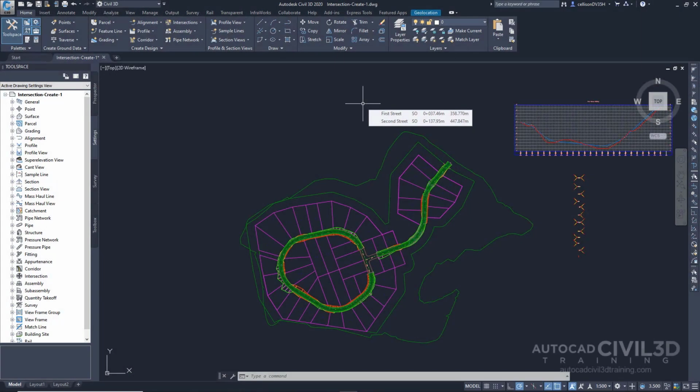In this exercise, you'll create a three-way intersection and generate a corridor that maintains the crowns of both roads. To create a complete intersection model, you must have a centerline alignment and profile for each of the intersecting roads. The horizontal and vertical geometry for the remaining elements, including the offsets and curb returns, is generated based on the